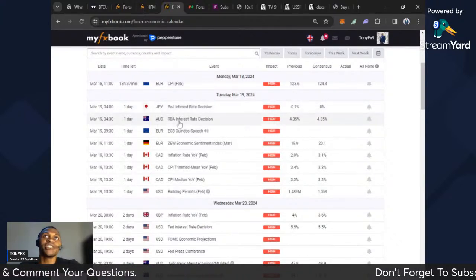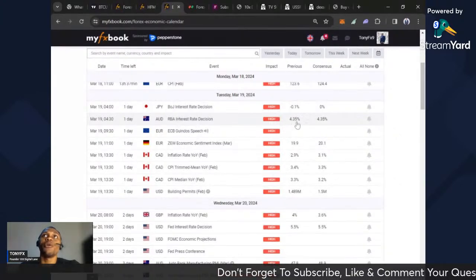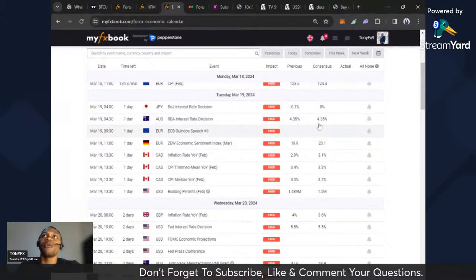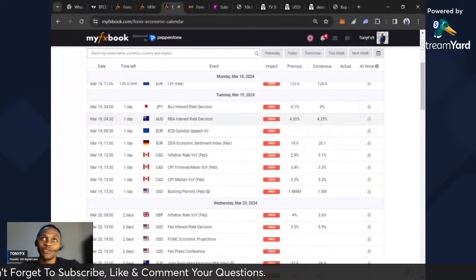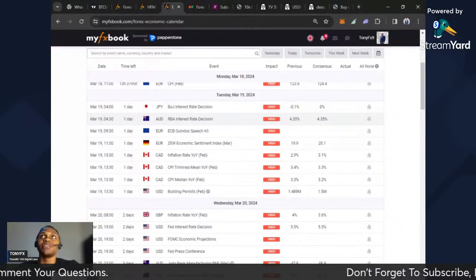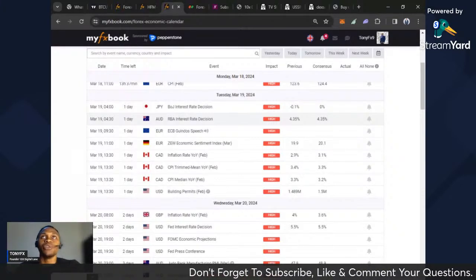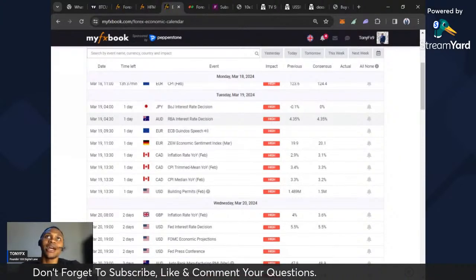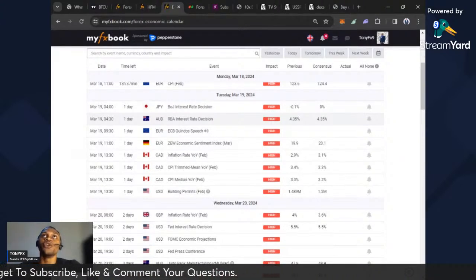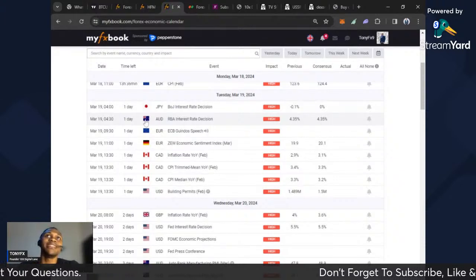Then as well, Asian session, we have Bank of Australia interest rate decision, which is about 4.35%, and consensus is 4.35%. Remember, 2 weeks ago, we had Euro interest rate decisions, and their interest rate was unchanged. I repeat, their interest rate was unchanged. And after that happened, Euro fell against the dollar and against other pairs, okay? So if we see this interest rate to be unchanged for Australia, we can anticipate a sell setup for the